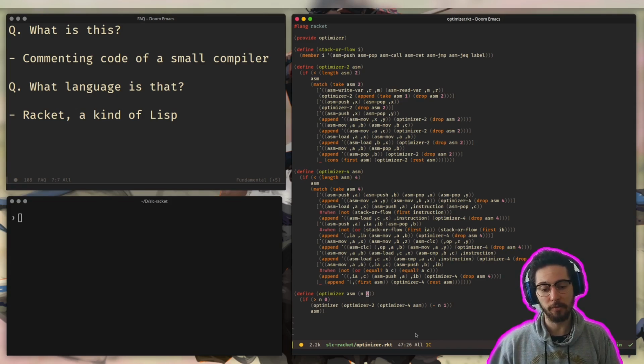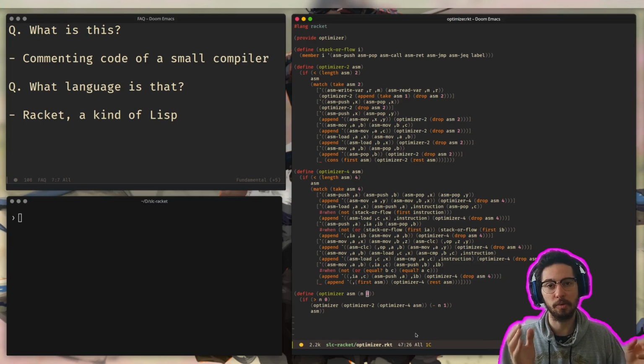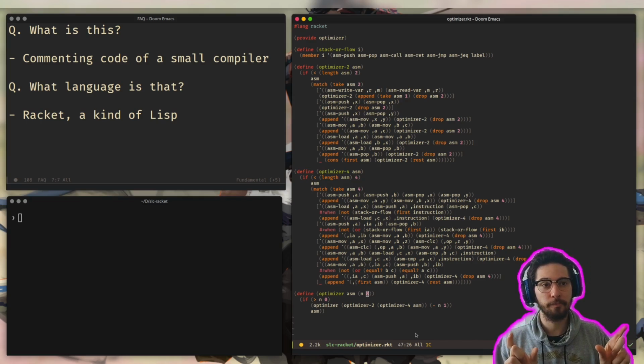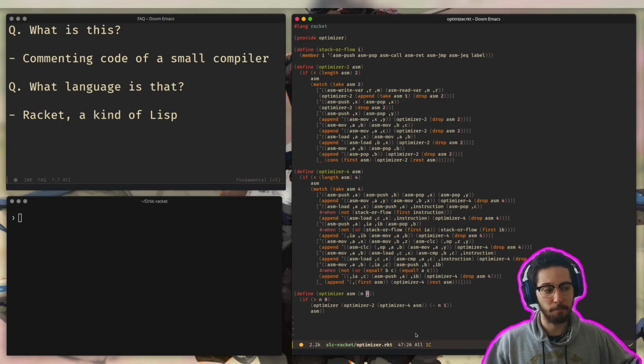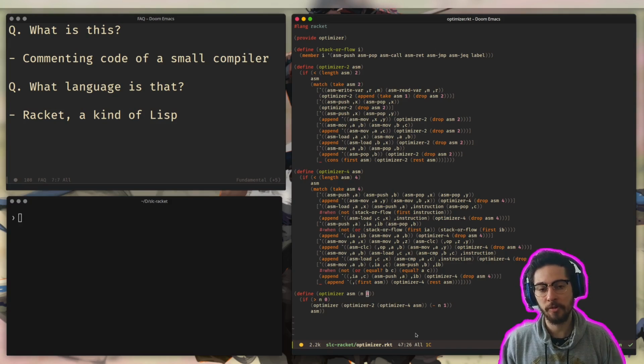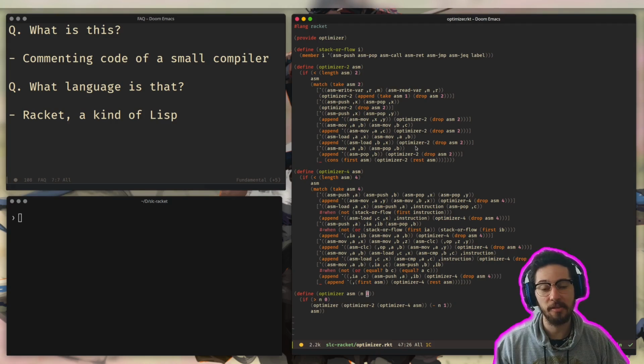The proper way of doing it would be, instead of doing a fixed number of times, for example, you could check if optimizing further is not changing the instructions, and that means that you cannot optimize further, or you could do something else smart. But we are just doing the dumb thing here, and the dumb thing is for optimizer 4,